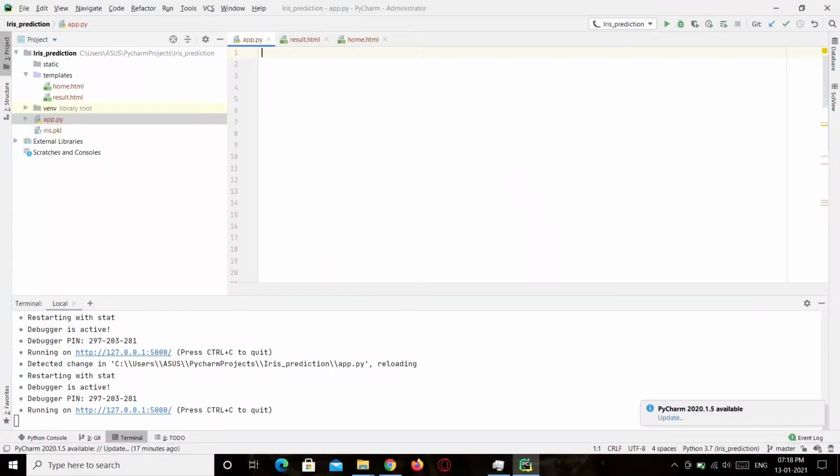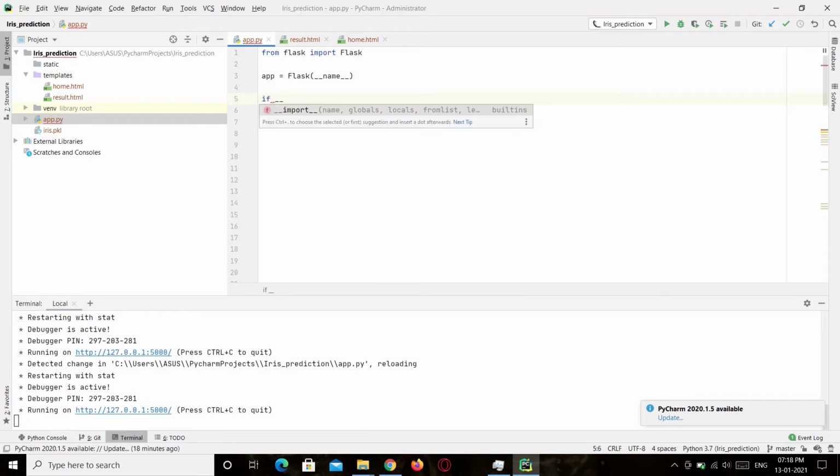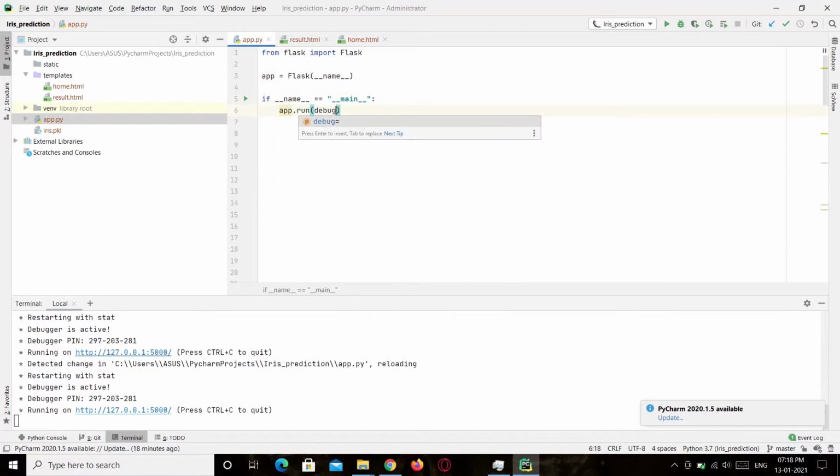This is the app.py file and is the main file for a Flask project. This is where the whole website is controlled and we do the routing. For initializing a Flask project, we have to import Flask. Now we'll initialize the app by calling the constructor. We have to run the app, so we'll write a statement: if name is main, the app will run. We'll set the debug property as true so that whenever we change this file, the server will restart itself.